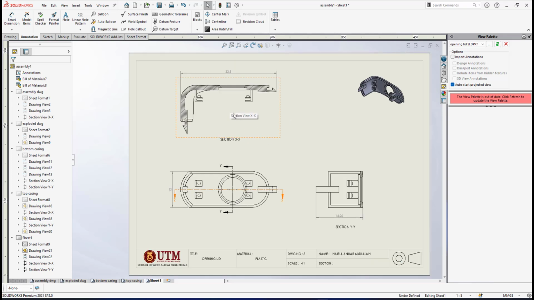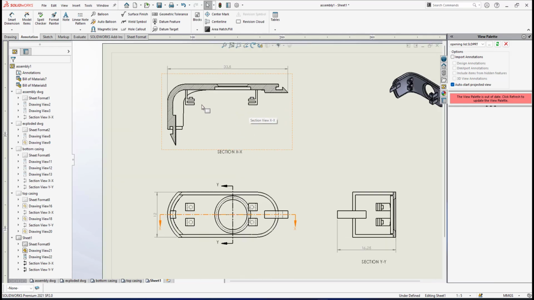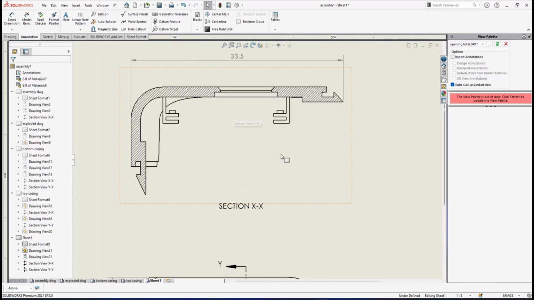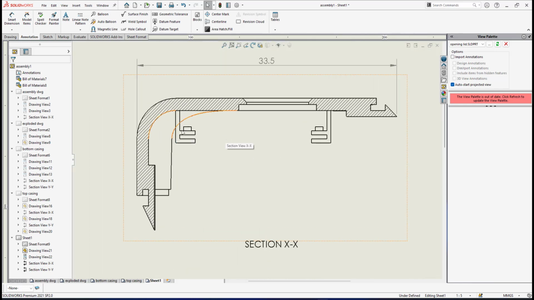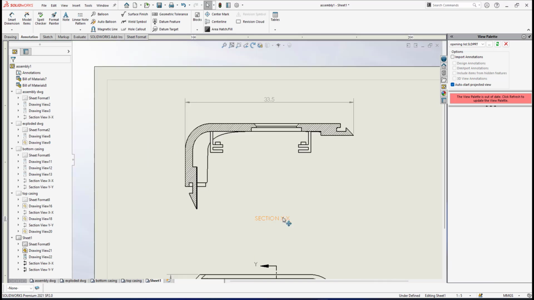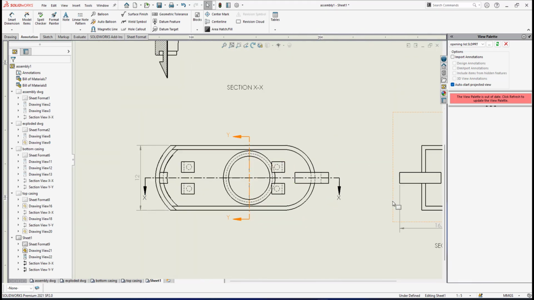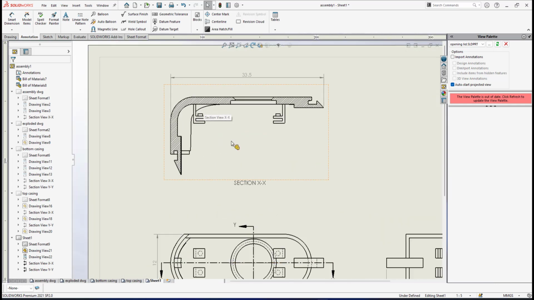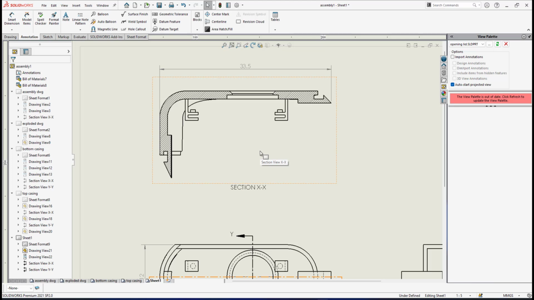All right. The next thing is, since I mentioned we don't have to put really complete detailed dimension, only the important features. The first part that I need to show you, after this total length, width, and height, is to dimension this arm. This arm, we have a slot feature and also we have a pin. So I can arrange the dimension either in this view and also this view or maybe this view. All right. For this arm, what I will do,